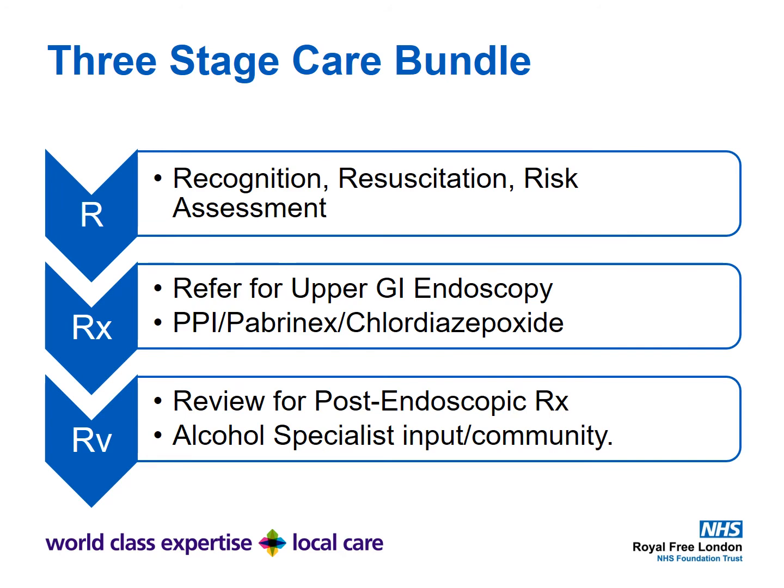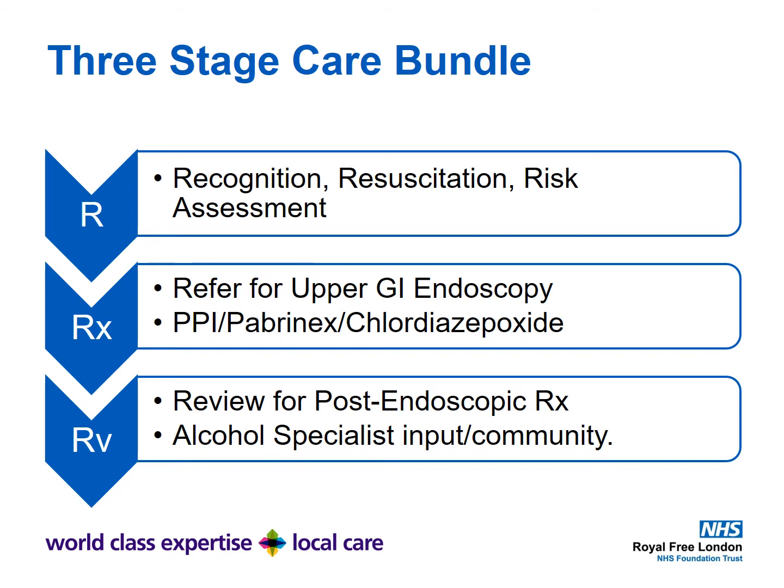So the three-stage bundle is basically R, R and R. Recognition, resuscitation and risk assessment; referral for upper GI bleed, upper GI endoscopy, PPI, Pabrinex, chlordiazepoxide, otherwise known as Librium; and review. So R, RX and RV. RV, review for post-endoscopic treatment, and alcohol specialist input, where our colleagues who work in the acute alcohol liaison team are